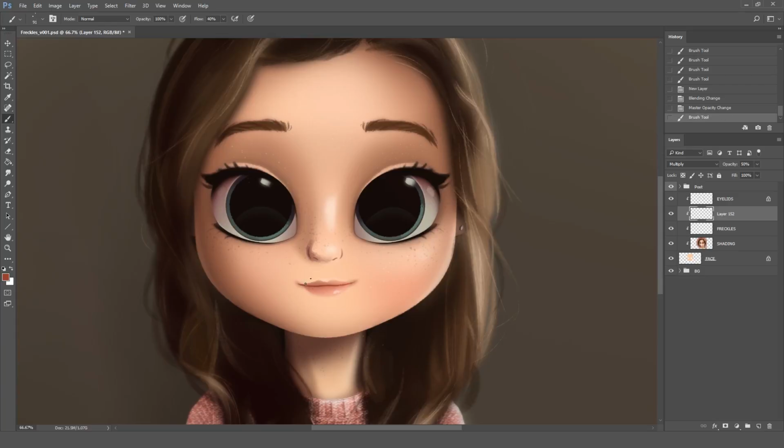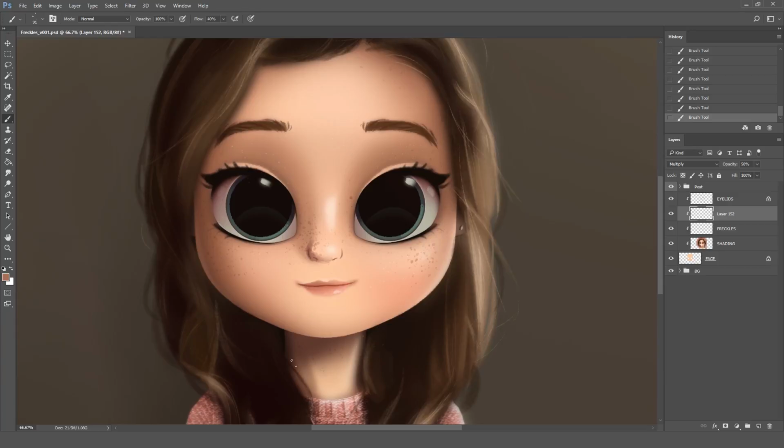The idea here with this brush is to keep making these variations. So this way at the end it will just feel much more organic. And you can keep doing this, you can keep changing these parameters, and at the end the idea is that you find those settings that work best for you, but especially for your character.